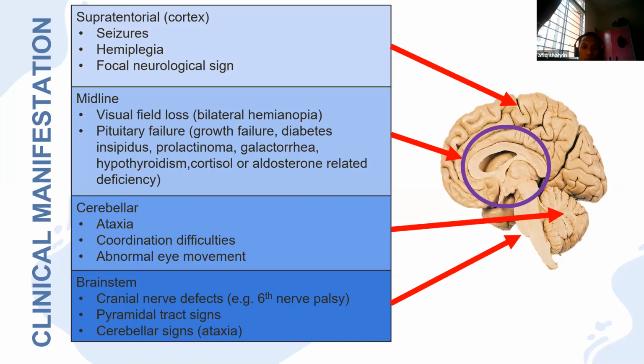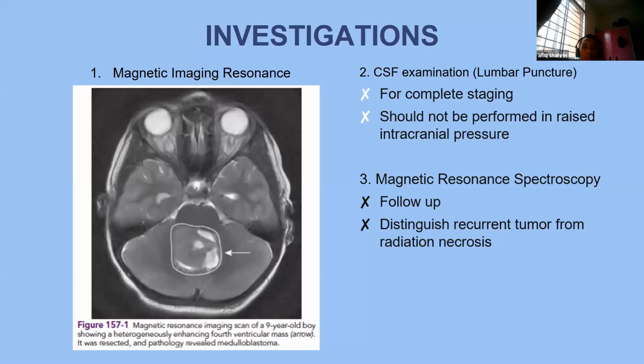Okay, so generally they will present with persistent or recurrent vomiting, seizure or body weakness, and more specifically, if the tumor arises from, for example, the cerebellum, the children may face problems with balance, coordination, and also walking. As I mentioned, if the tumor arises from the pituitary, they may come with the symptoms as I mentioned before. Next, in terms of investigation, brain tumor is best characterized on MRI.